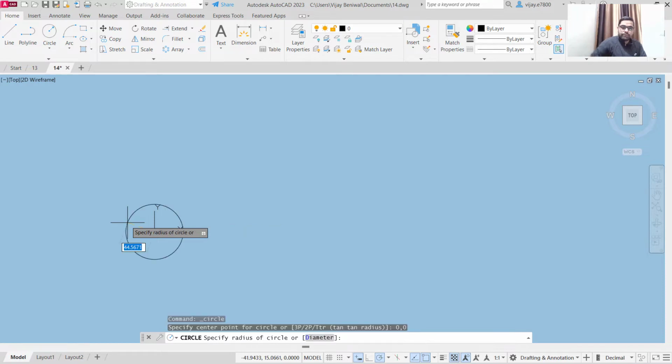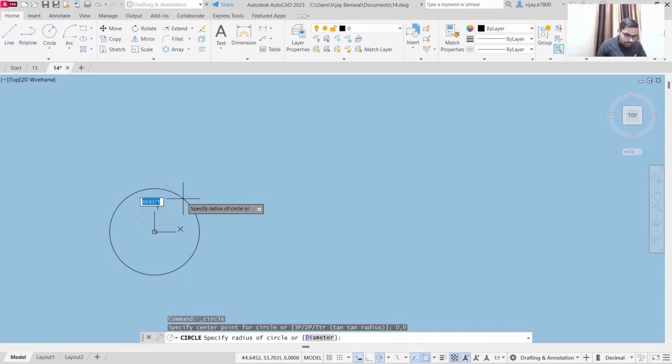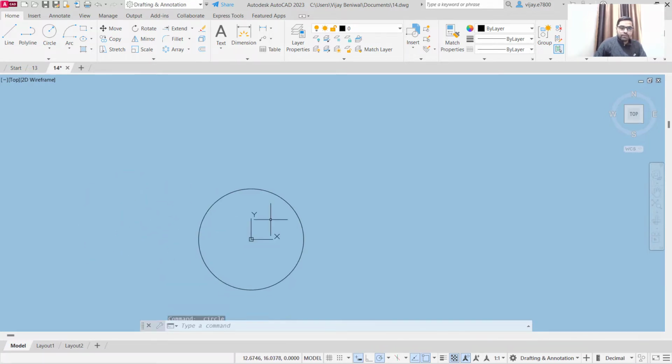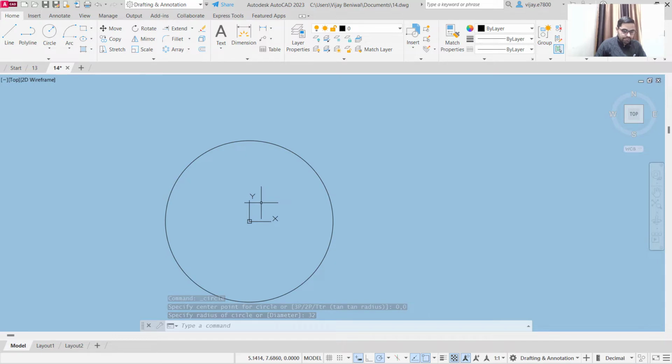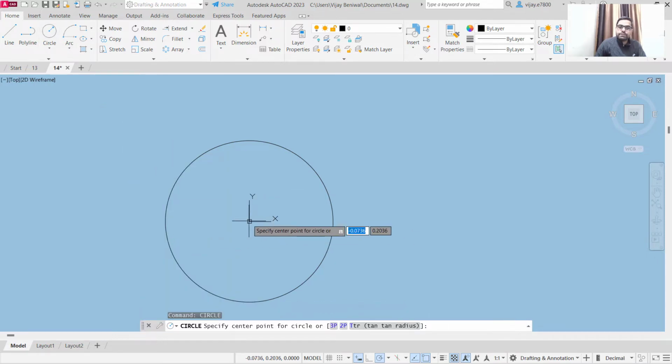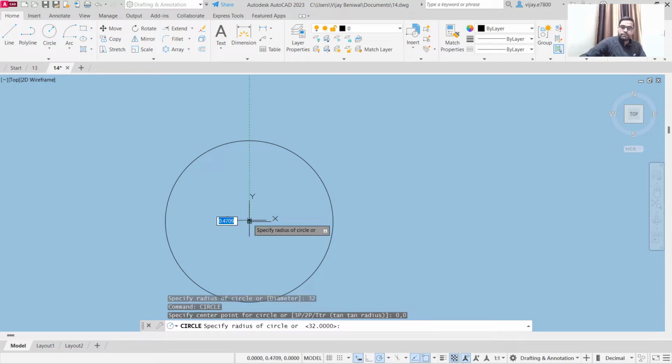Okay, we don't need to provide the third value here. Now the outermost circle has a radius of 32, so write 32. Then the next inner circle has a radius of 27, so we can repeat the command, specify same center as origin and radius as 27,